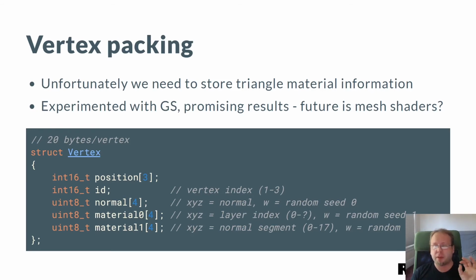And to make all of this work, we actually have to pack a decent amount of information into each vertex. We have to pack effectively some information about the other vertices in the same triangle into the vertex, and then duplicate that. This is not great for memory. This is not great for performance. We kind of have to do this.